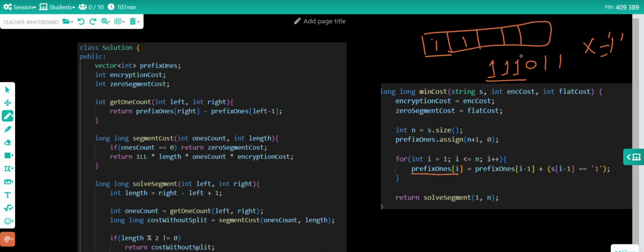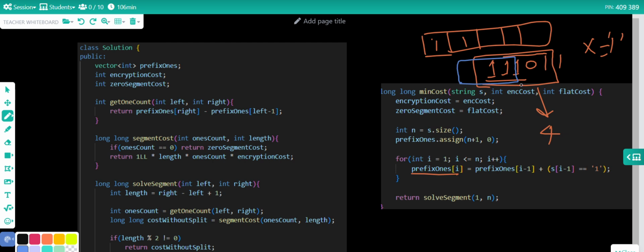If we know how many ones are in the whole array, which is 4, and we know the number of ones in a prefix of the array, then we can simply find how many ones are present in the subarray. That will be the difference of these two.